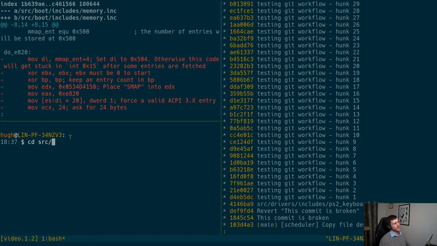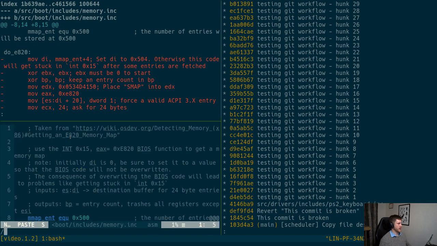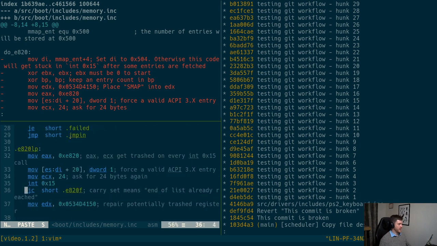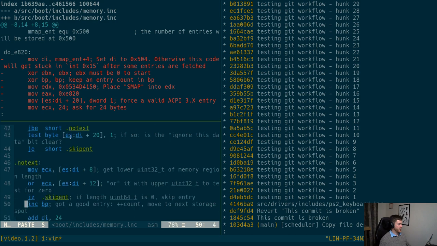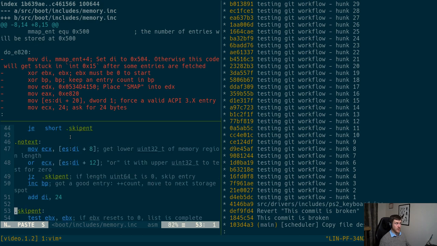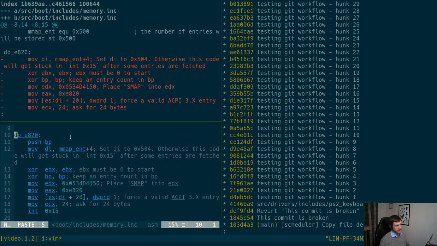So, in the osdev coding directory, if we look at includes memory and do a push, but eventually, maybe found the bug. Found a bug. I'm kind of happy about this because